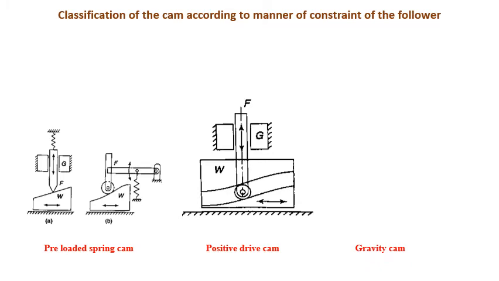So next one is gravity cam. In the case of a gravity cam, the contact between the follower and the cam takes place due to gravity. During the first rotation, there is a physical contact between follower and the cam. Then during the second rotation, the self weight of the follower or of the cam maintains the contact between cam and follower. Therefore we call such a type of cam a gravity cam.